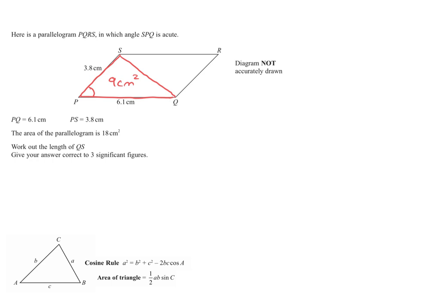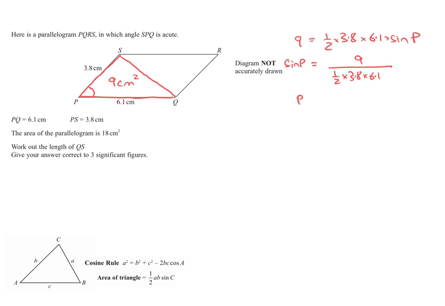So let's write an equation for that. So the area of the triangle is 9. So 9 equals a half multiplied by A, which I'm going to say is 3.8, multiplied by B, which is 6.1. Those two numbers are interchangeable. It makes no difference which one is A, which one is B. And that is multiplied by sine of my angle, which is P. So let's tidy this up. So what have we got? We've got sine of P will be equal to 9 divided by a half times 3.8 times 6.1,